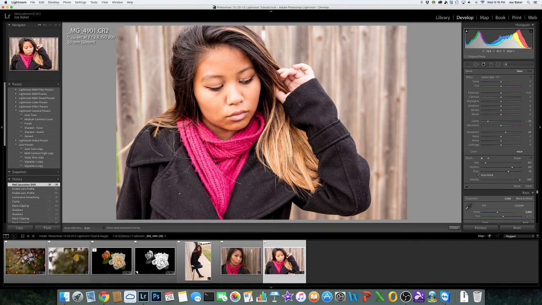So we're about to soften our skin. I will hit the letter O because I want to see where I'm actually painting on her skin. And you can see right there, it's turning red. I'm going to go over that, and I'm going to change my brush size. On my Mac, all I have to do is just move my finger up and down to adjust the size of the brush. I also have a Wacom tablet that I can do this with as well, but I'm trying to do this like I used to in the old days. I know not everybody has a tablet, so I wanted to show you guys how I did it with just a mouse. So I will change the size here,